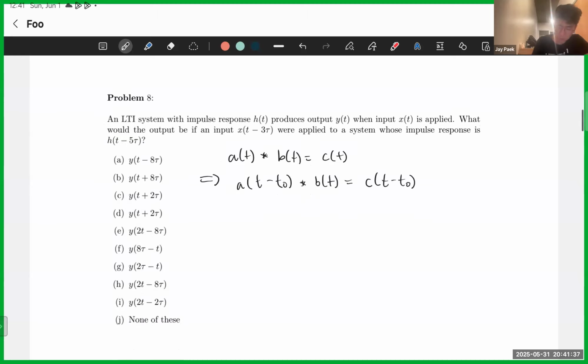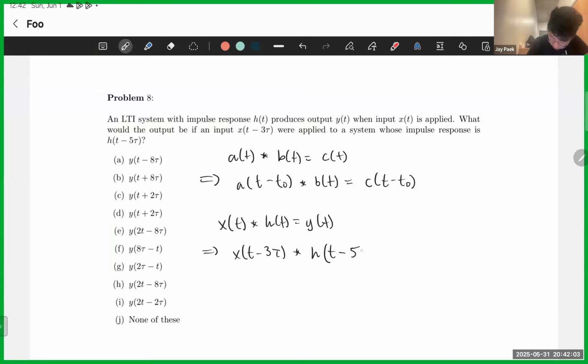In this particular question, we observe that if x of t is convolved with h of t to obtain y of t, then x of t minus 3 tau convolved with h of t minus 5 tau is equal to